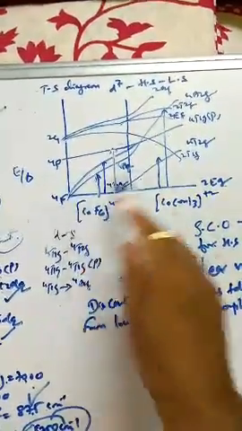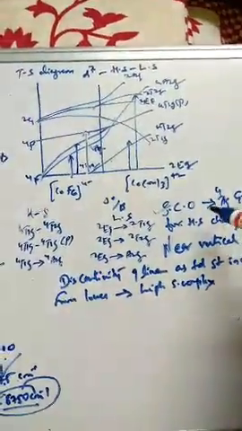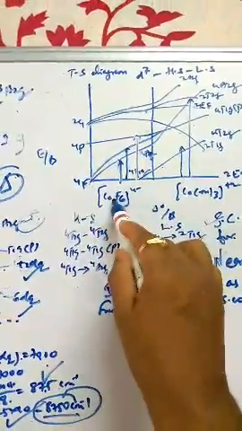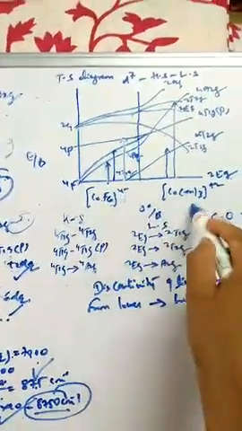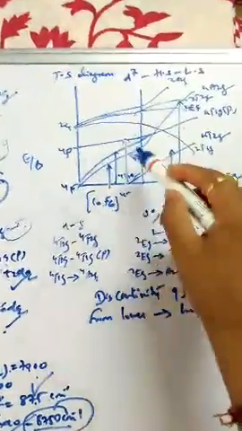This change of spin multiplicity, we call it a spin crossover. See here, SCO, spin crossover. See, this is what is happening in the TS diagram. So as we increase the field here, cobalt hexafluoride, a weak field ligand, is converted to ethylenediamine, a strong field ligand, Co 2+ state. And you can see here the crossing.